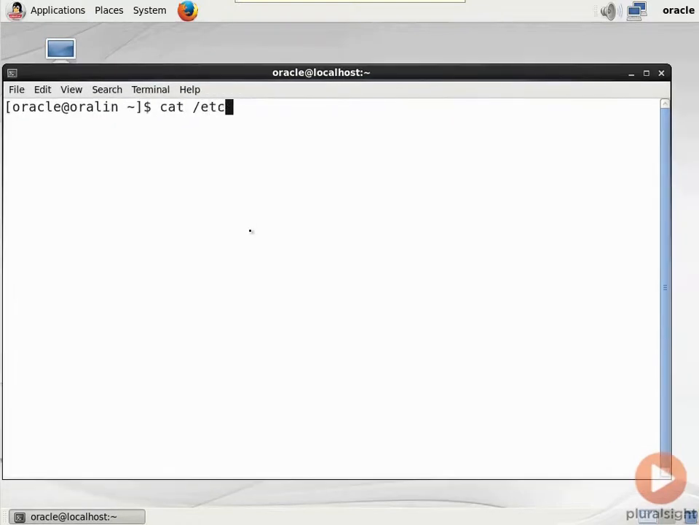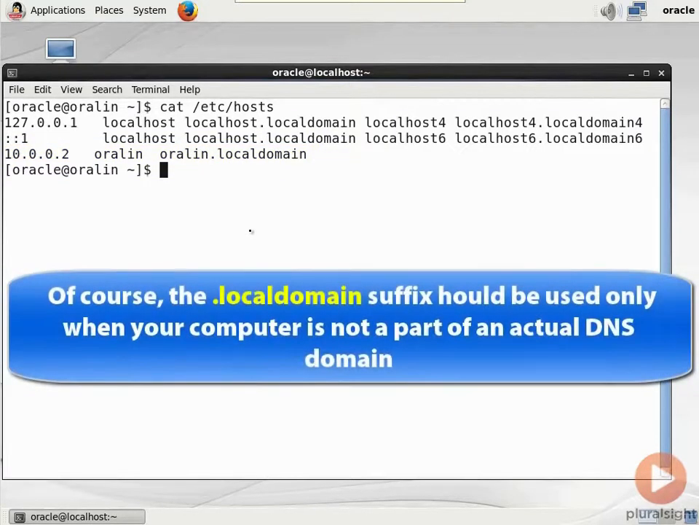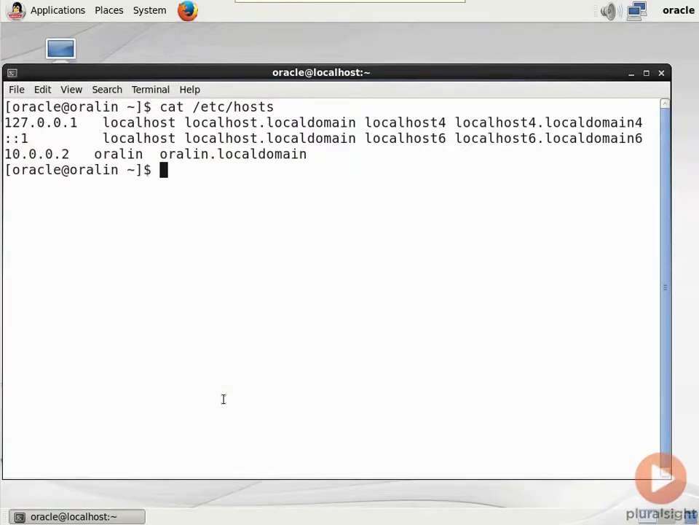I'm going to cat /etc/hosts to show you that I have an entry in there for my Oralin machine. And normally what we do when we're not using DNS is that we can add an entry for hostname.localdomain, and I've done that. You'll want to definitely make use of the resources file that I include in this series,